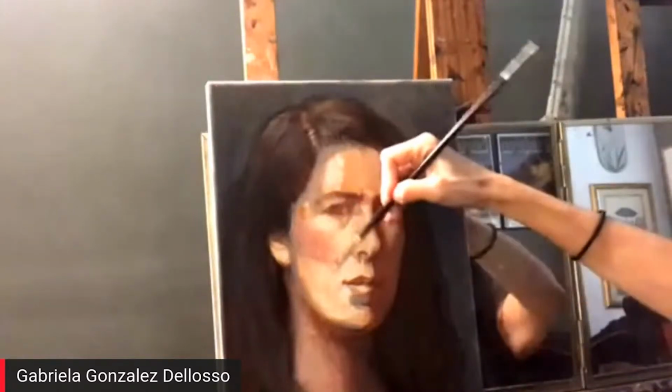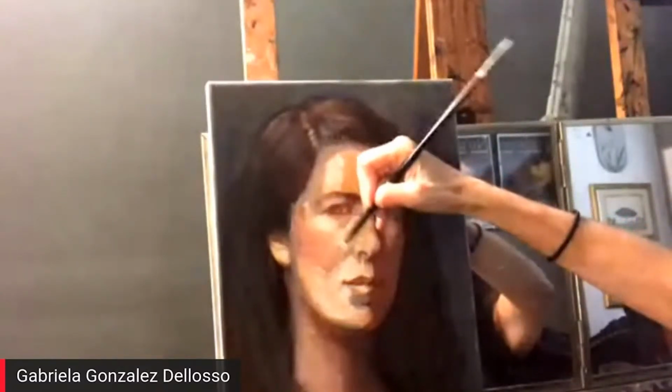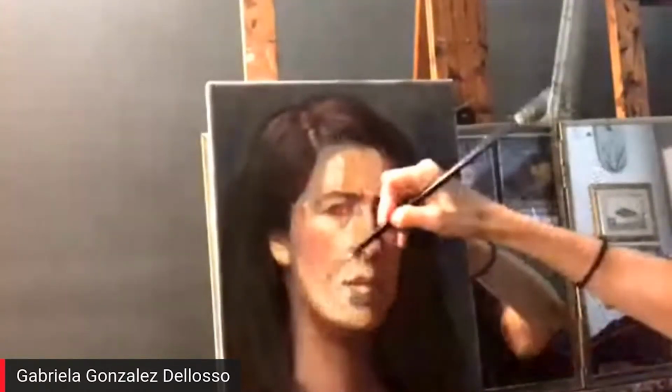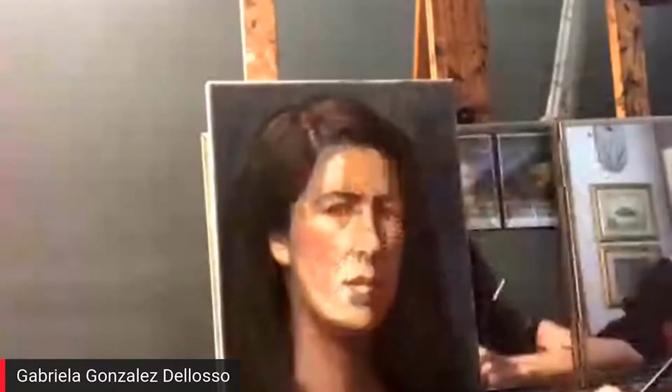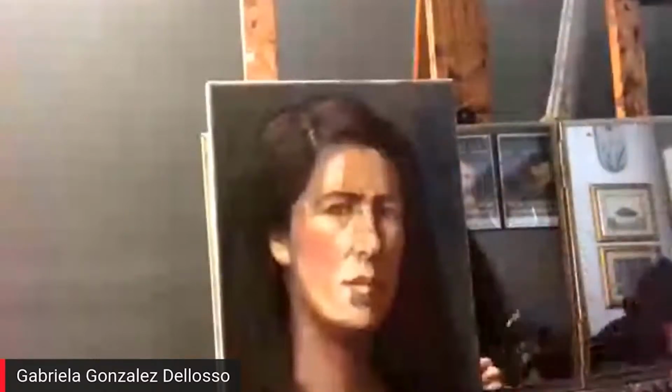And I'm not going to just stop there. So that's one little thing. You know, I'm thinking it's not going to be only purely cool down in the jaw. It's going to have some of the warmth of the cheek, so that kind of kills some of the cool. Okay, so that's a little overstated, but it's going to go back and forth. Okay, so I have that happening